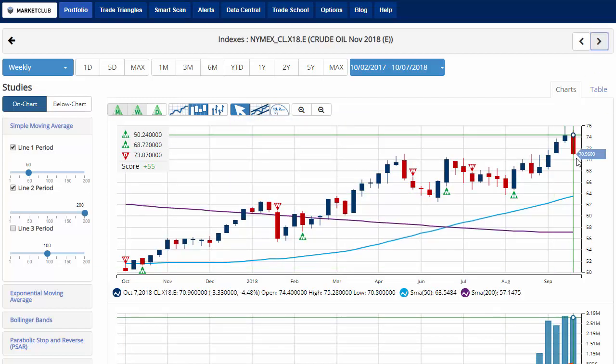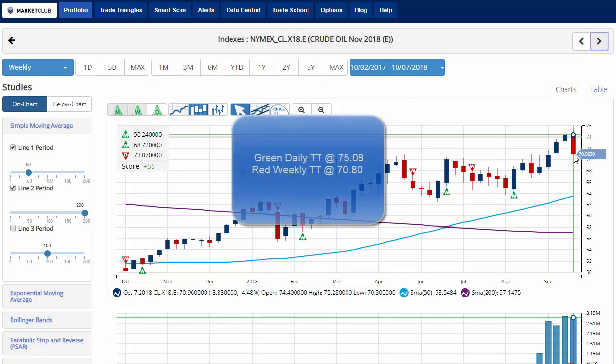Crude oil having a tough week after 4 straight weeks of significant gains. It's lost 4.5% on the week, pushing the chart analysis score to +55, indicating that we are entering into a possible sidelines position with the recent weakness. Key level to watch, I'll give you two for crude oil. 75.08 will give you a green daily trade triangle, indicating a move back to a long position. Or 70.80, a move below that level, would issue a red weekly trade triangle, indicating a move to a short